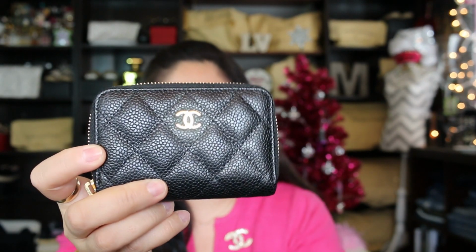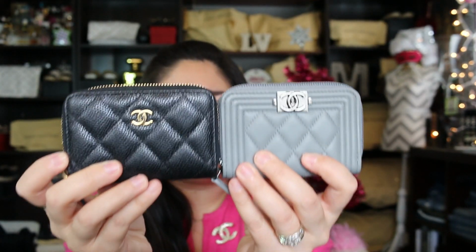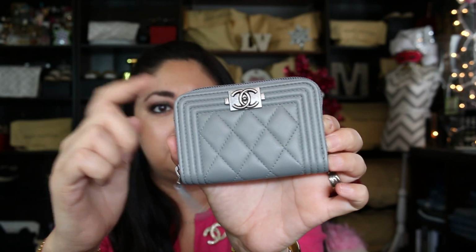Now this one is the same as the O-Zip in the classic silhouette. This one has the metal around it. And these two are the exact same price. You would think, oh, I would assume that the plastic ones would be a little bit less expensive than the metal. And I was a little skeptical on adding this item to my collection because of the plastic